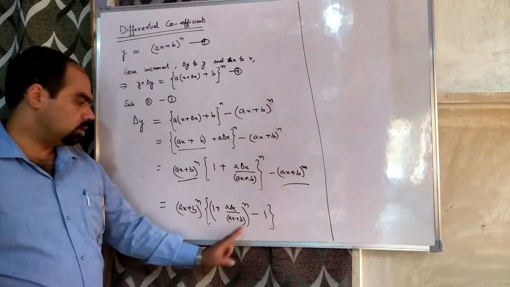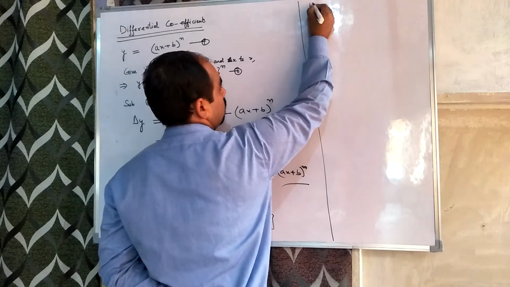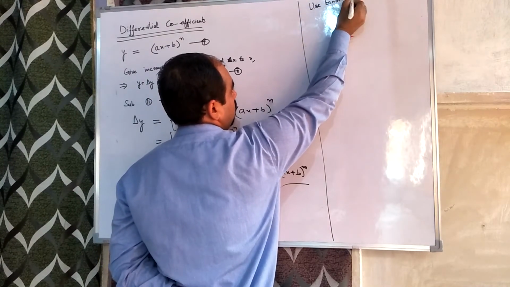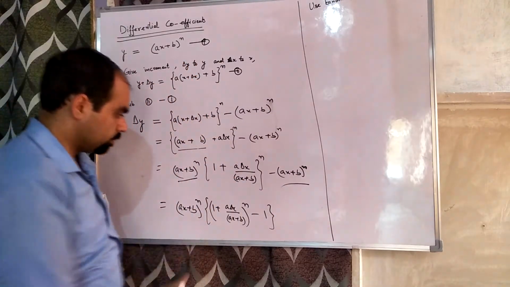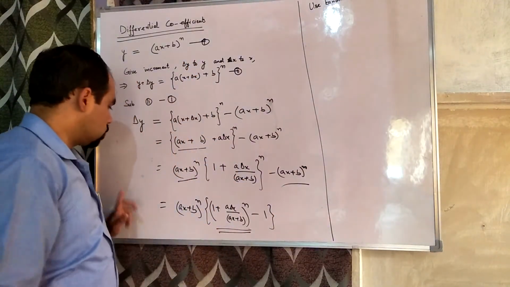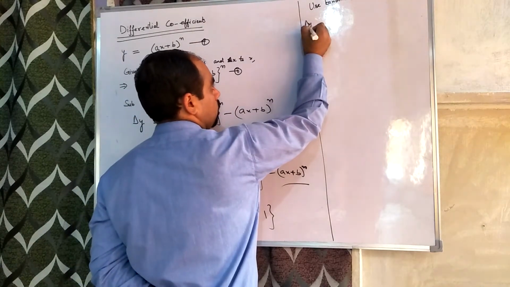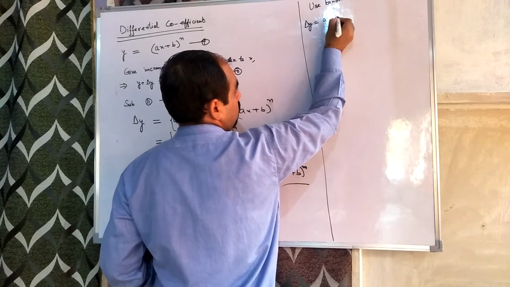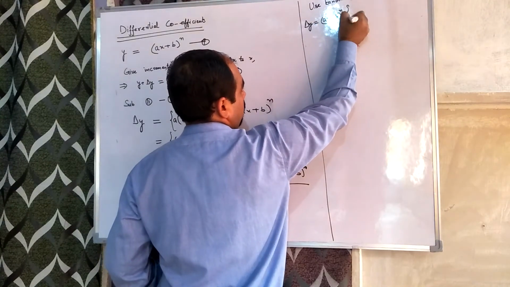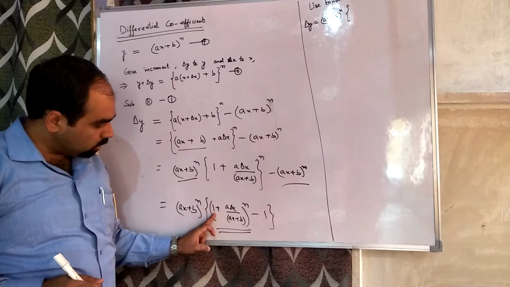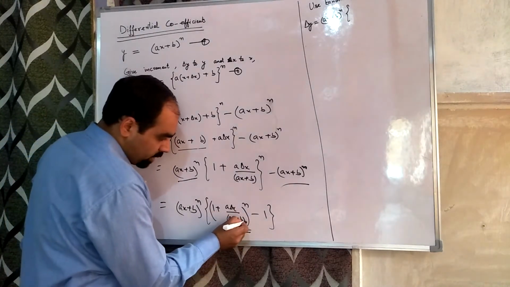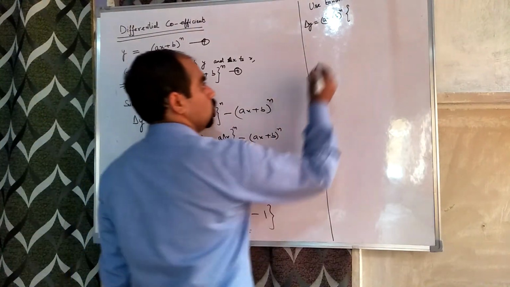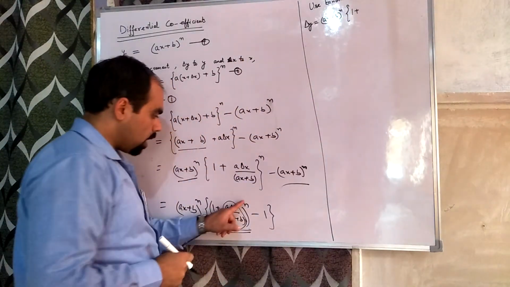So we got this. Next, use binomial. Where will we use binomial? For this term. So delta y would become equal to (ax plus b) raised to power n, and inside it is 1 plus x. Here this complete term is x. So 1 plus n into x